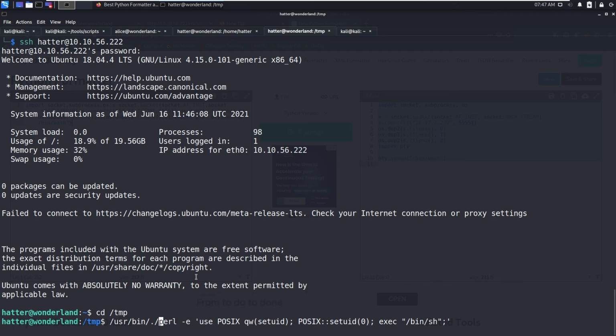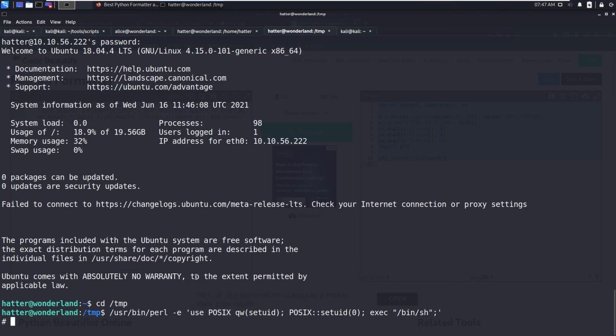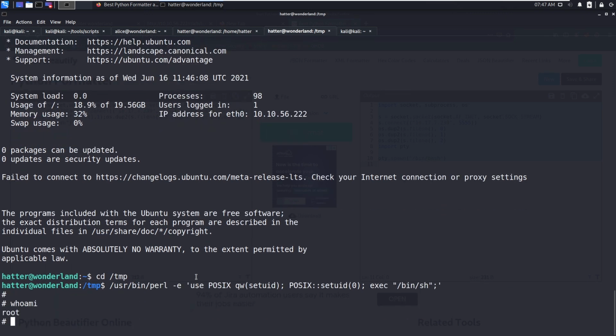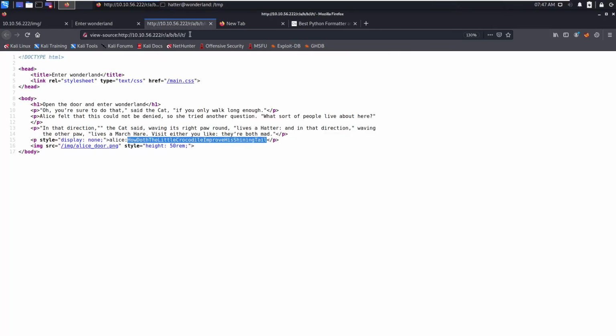So it's setting the UID to 0 and then executing /bin/sh. Now run this. Now who am I? Root. So you can see we got root. So this is some rabbit hole. You can also use Burp Suite for this, but it will be very easy with Python.